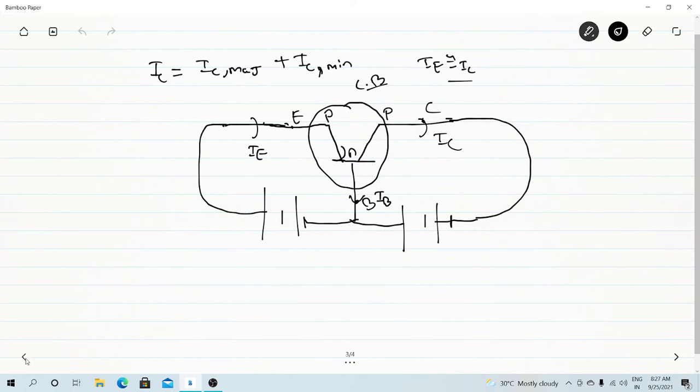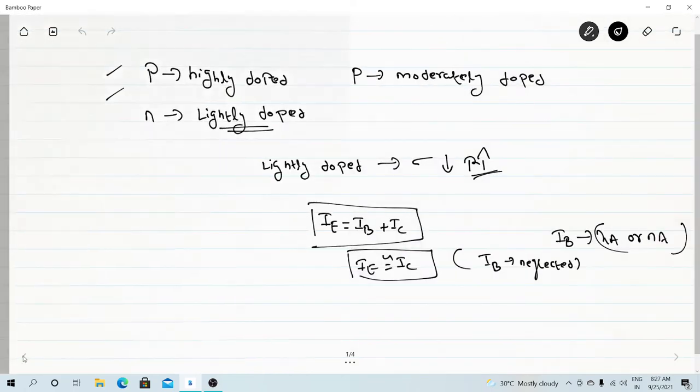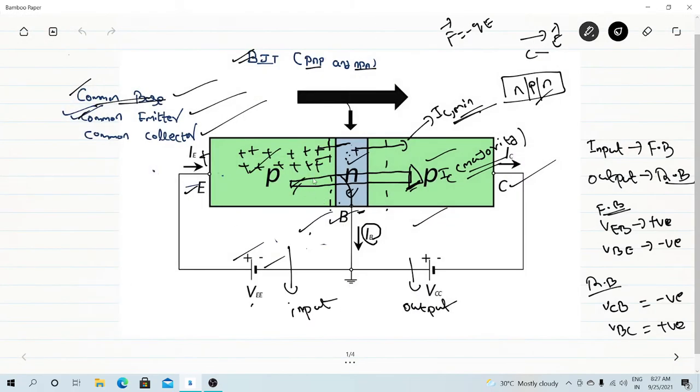See, if you see the block diagram, I already told you that this minority current is basically this one, IC minority current. This is in the output section, this is base, this is collector, and my output is basically collector base. Input is basically emitter base voltage, in terms of voltage I am saying, and my input current will be IE, emitter current. Okay, and my output current will be what? IC, and this IC is containing both minority and majority. So this is in the case of output section.